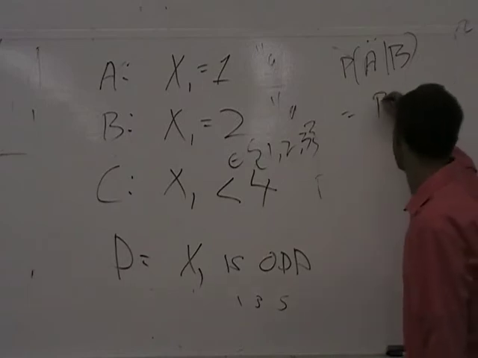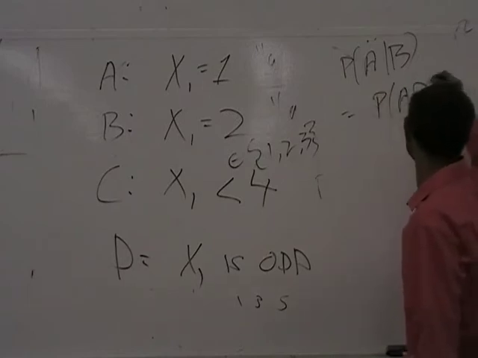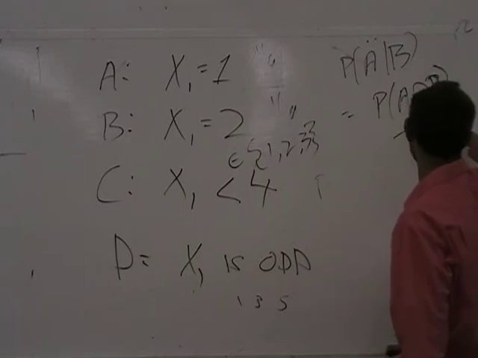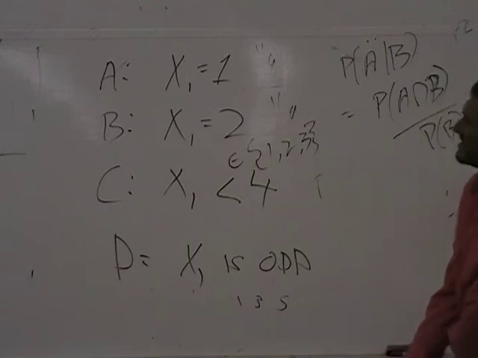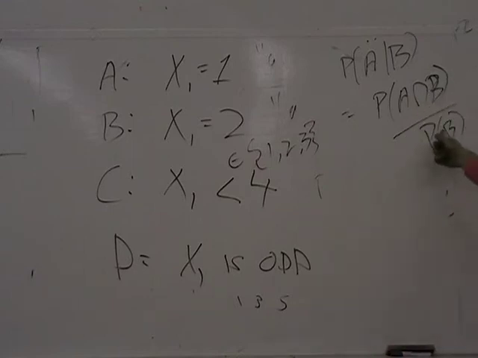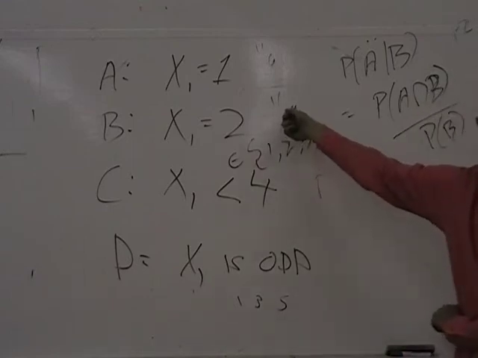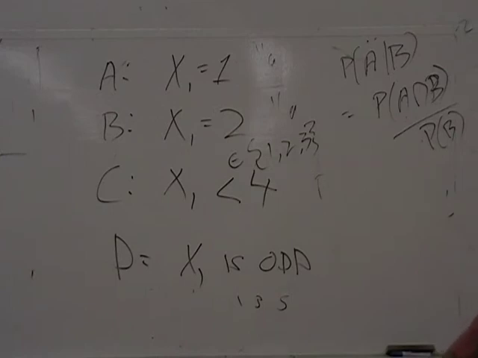Well, that means the probability of A intersect B divided by the probability of B. I still don't know what that means. The probability of B, I know that's 1/6. But the probability of this intersection